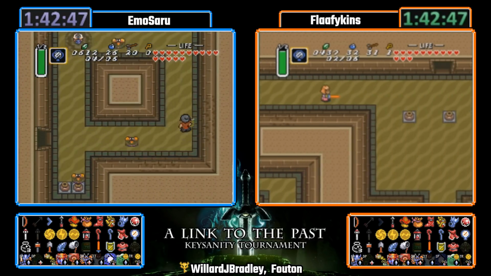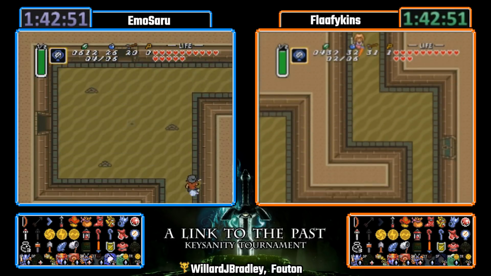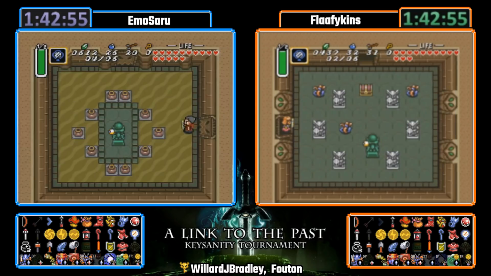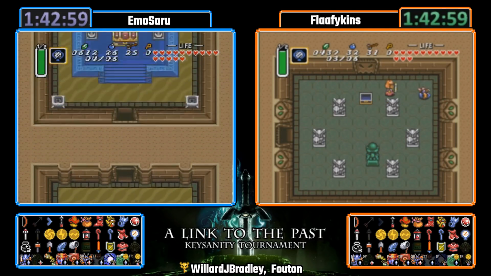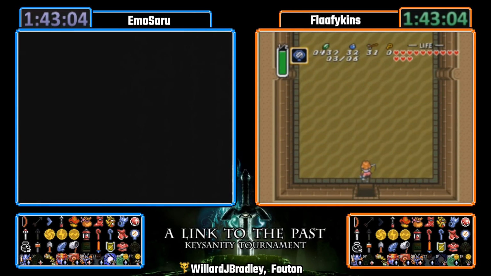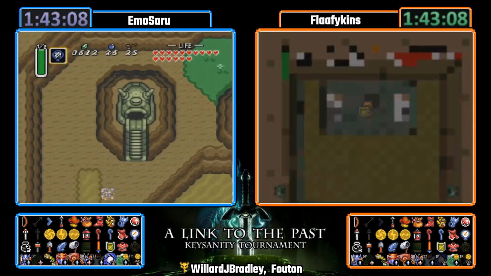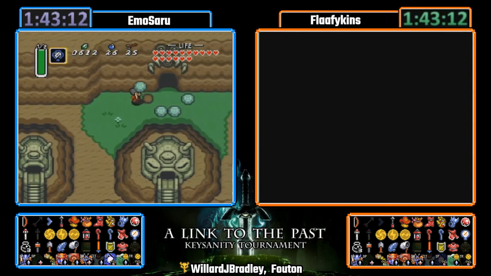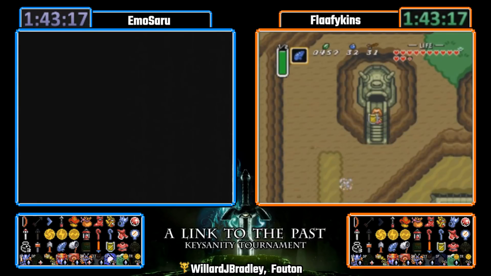Surprised EmoSaru didn't go for land molas first, because if he's holding on to the big key, then we're good to go. Yeah, it's a little bit of a time save, but I mean, at this point you're just playing this Keysanity that's doing its best to make you sad. Maybe wanting to grab a couple arrows along the way as well. That's true. Arrows are always nice. You're about to go to some places that could use them. Kind of want to have some when you go to GT, so...